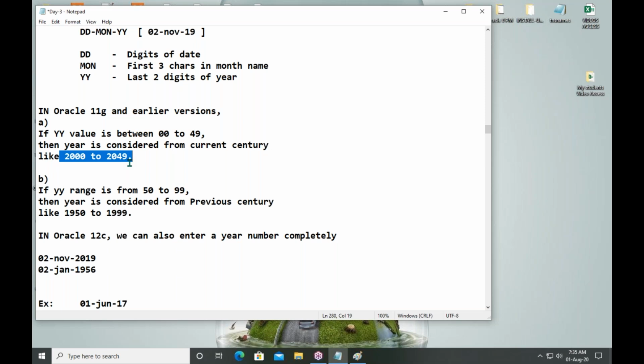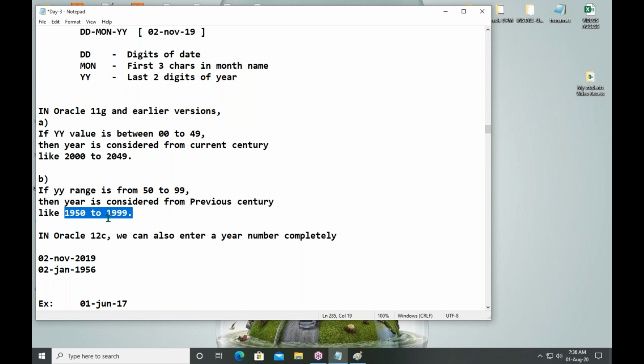If I am giving 65, internally the year number is saved as 1965. If your year number is in 00 to 49, then it is considered from 2000 up to 2049. If your year number is 50 up to 99, then your year number is internally stored like this.